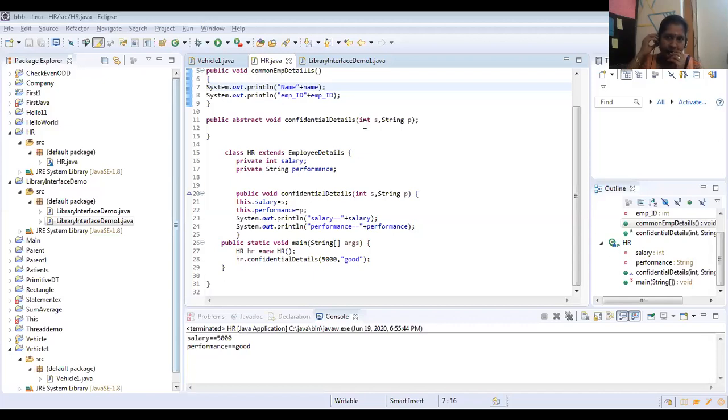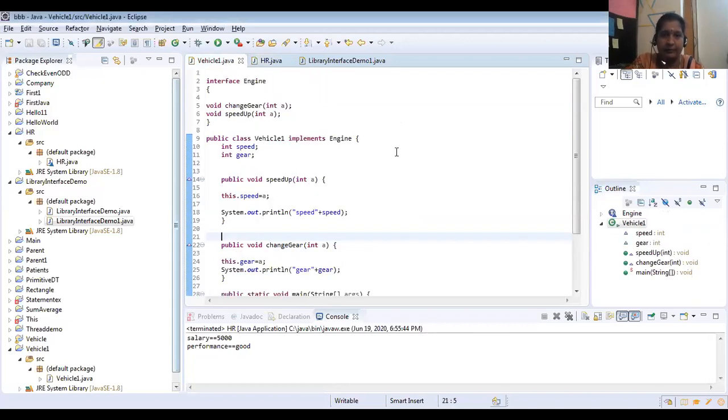So the first program we have discussed. Now we will discuss the second program. This is about abstract class. Now we will discuss interface, an example program related to interface. So now I have written one program. You see here, as I already told you, you have to use the keyword interface. The syntax for the interface is the keyword interface, then the name of the interface.